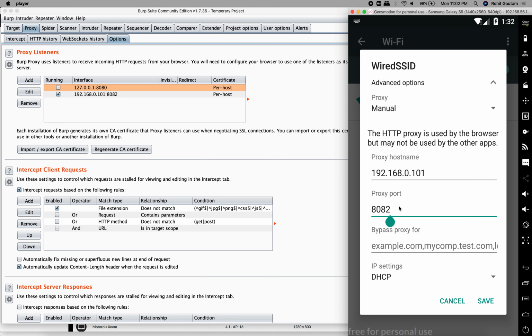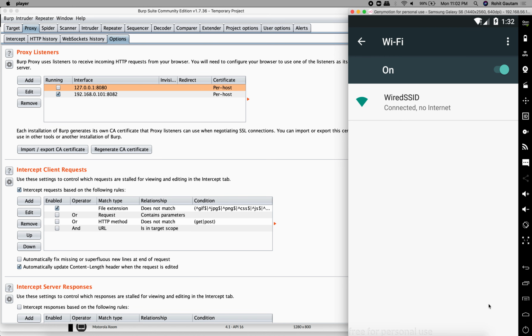And then you need to choose the proxy port number. After you have done this, you can click save. If you want to give any static IP to your device that should not change whenever you reboot your Android operating system, you can also do that. For this particular video, I'm leaving it on DHCP, so it automatically gets assigned an IP address.